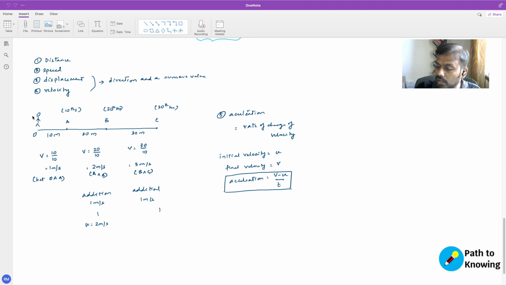The object was able to cover 20 meters in 10 seconds. But at C, the velocity is 3 meters per second. So which means that your acceleration here is